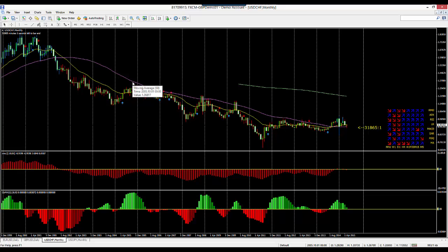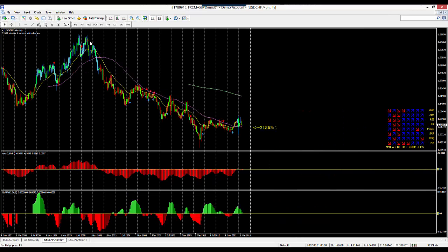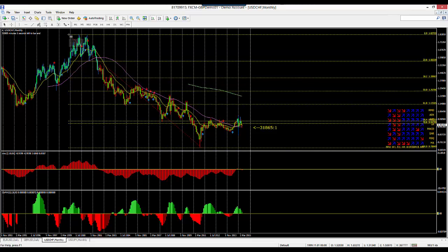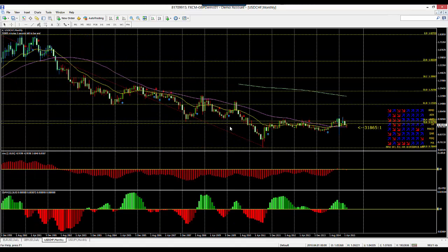US dollar Swiss franc on the monthly. Now again, huge move to the downside. Let's have a look and see how price has done. You'll notice straight away when I draw the fib level that in and around this area right here, the price action has stalled noticeably for the last 4 years. In fact, we've seen price action stalling at this major support and resistance level. It's roughly around the